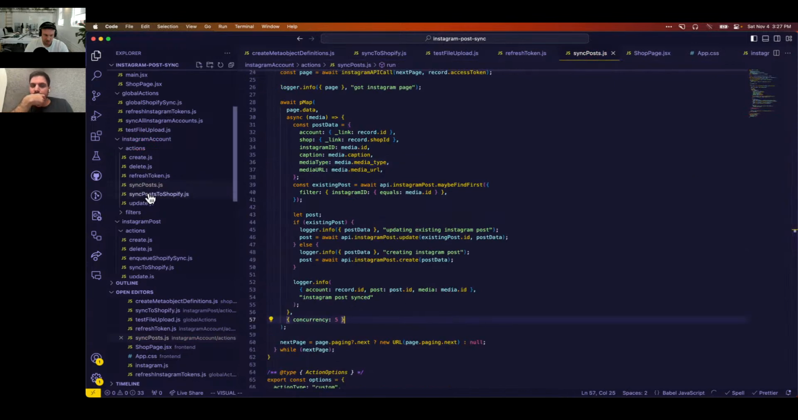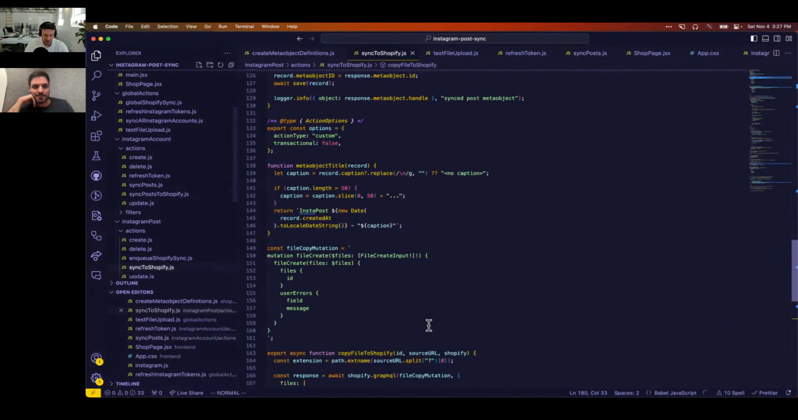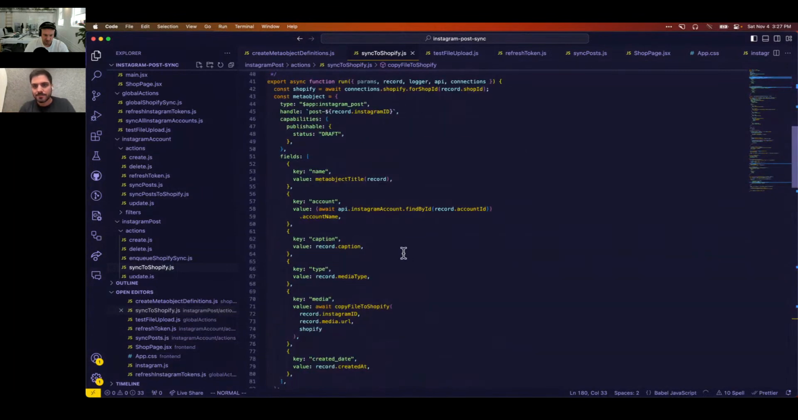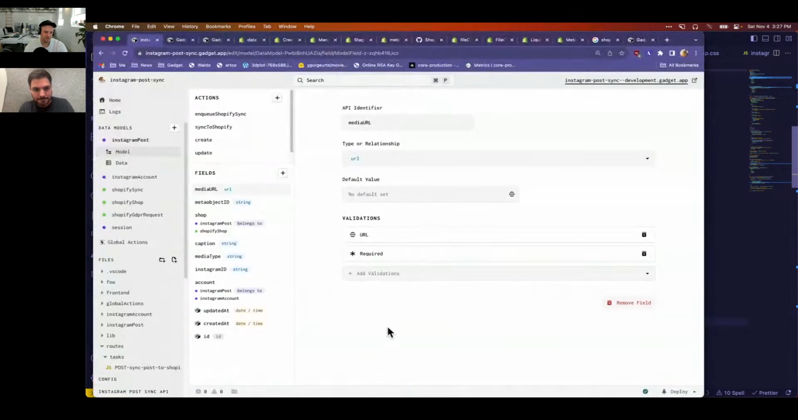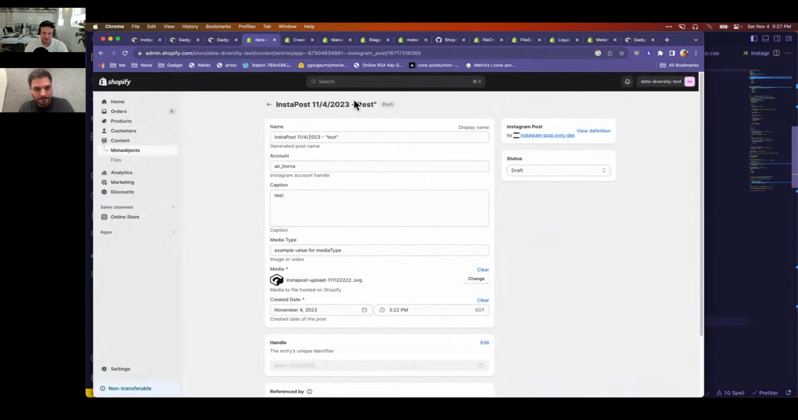And then when we go to do the sync to Shopify, when we're saying copy a file, we're not going to do record.media.url, we'll do record.mediaURL, which is just the straight unchanged URL from Instagram. That means we don't have to pay Gadget for storage, and that's kind of nice. And